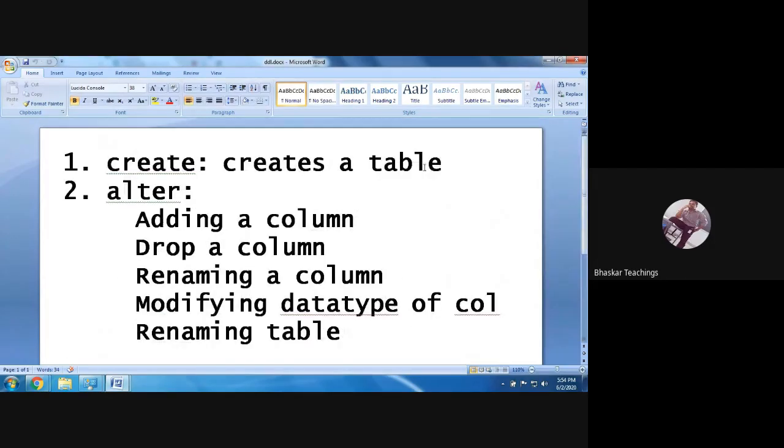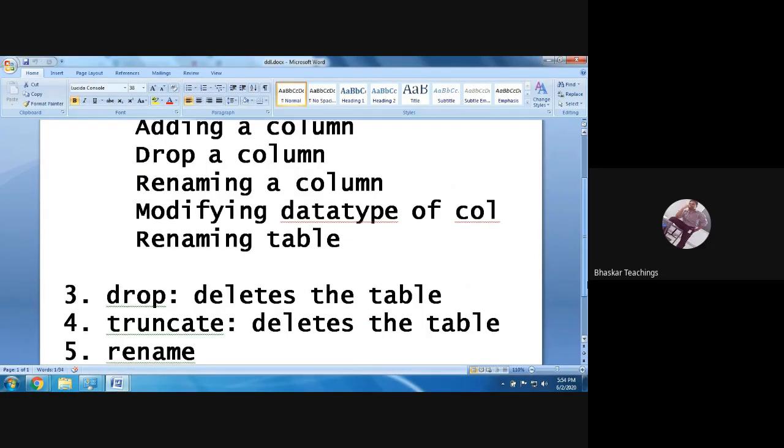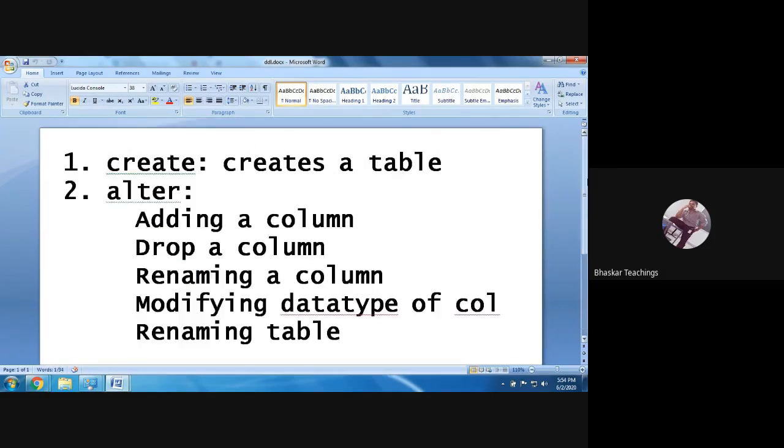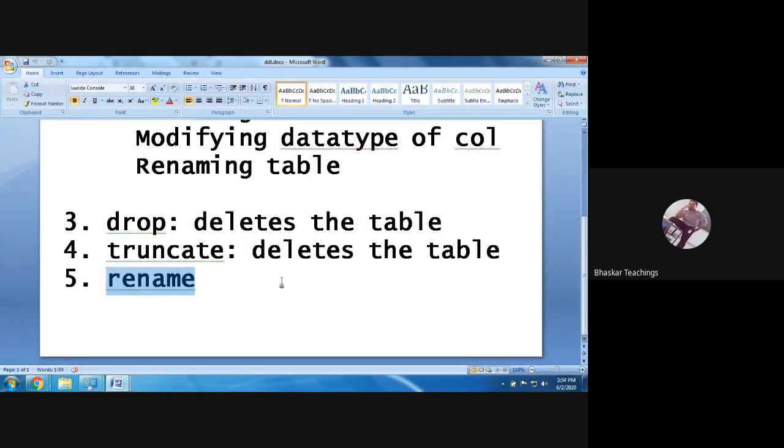To perform modifications on columns, you can use the alter command. To simply rename the table, you can use the rename command. Of course, you can rename a table using the alter command also, but specifically the rename command changes the name of the existing table.